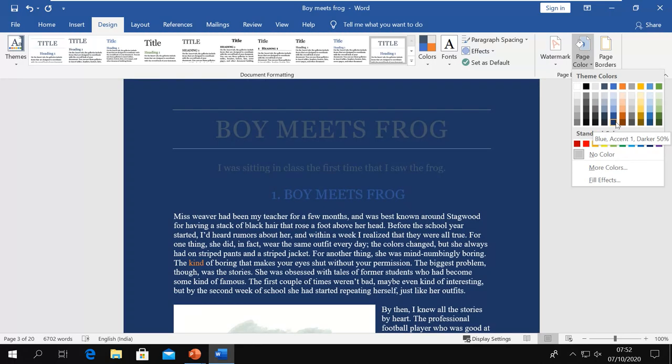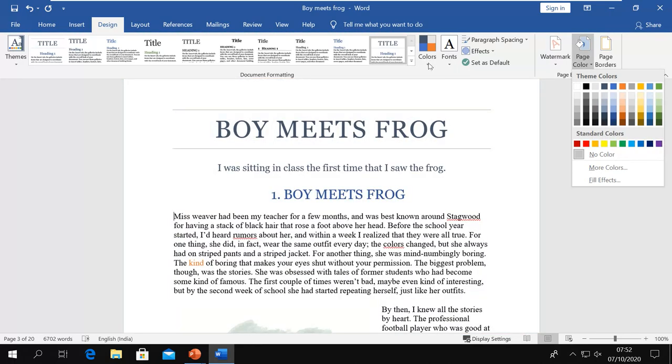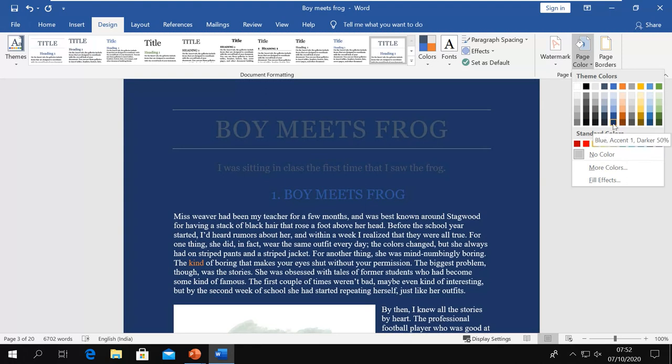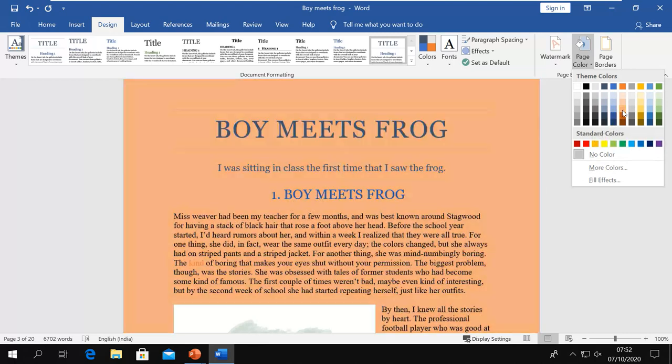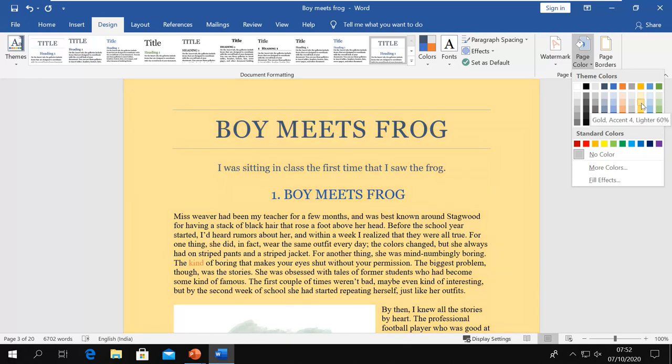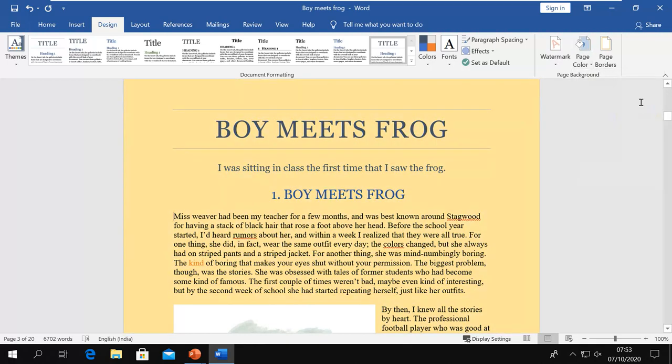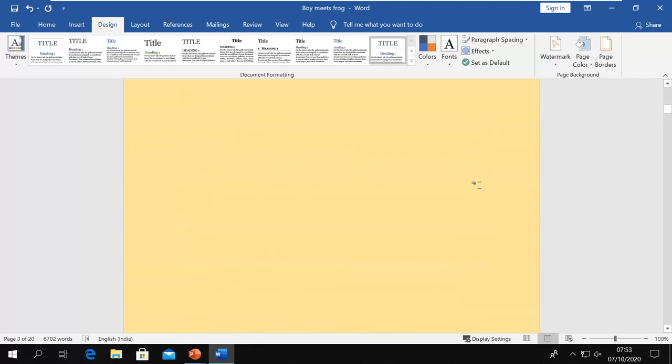And that is what we have here in the theme option. There were two options, text dark, text light. That is for this. If the background goes dark, then the text goes light. That is what that theme color means. So you can choose from here whatever you want. So you can decide what color you want. So let's say I want this color. So now you can see the color on the page.